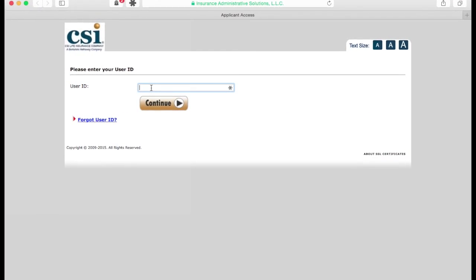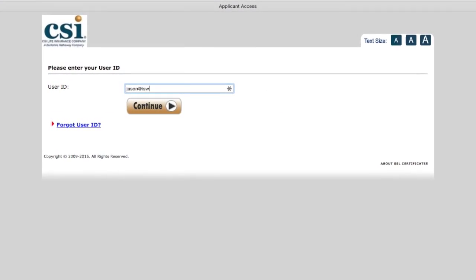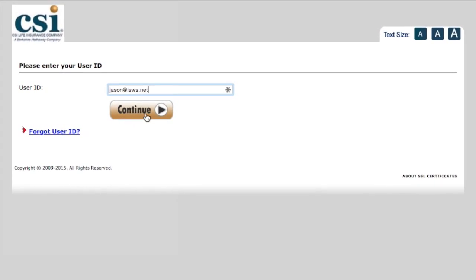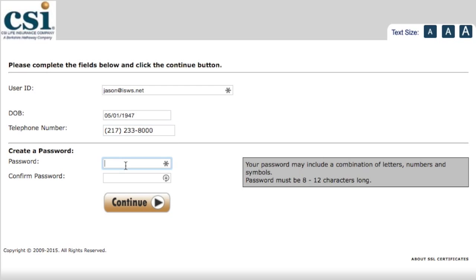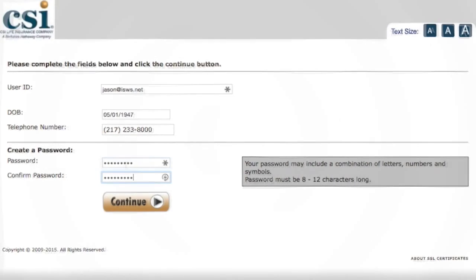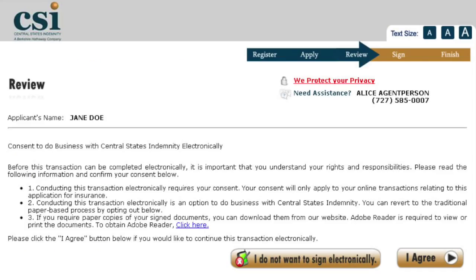So from here, they'll enter their user ID and hit continue. They enter in their date of birth. It's going to ask them to create a password and continue. Now, once your client has logged in to see the online app, the first screen they're going to see is